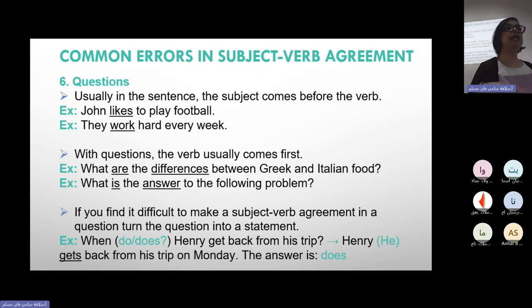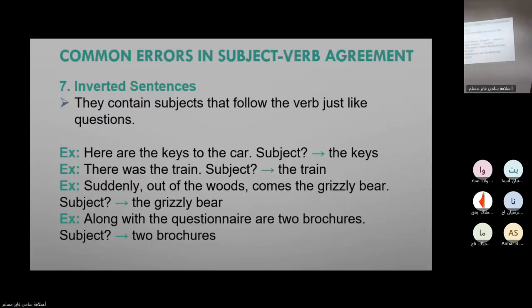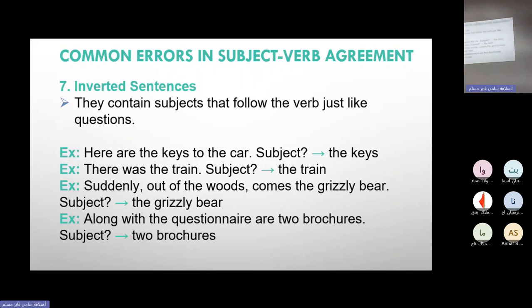So this is how you process the information, how you work your mind as an editor. Okay, is this right? Inverted sentences. I hope it's the final one. Inverted sentences are reversed sentences. They contain subjects that follow the verb, just like a question. For example: